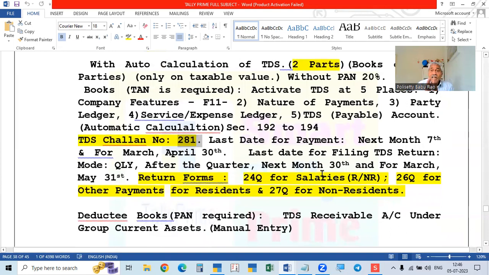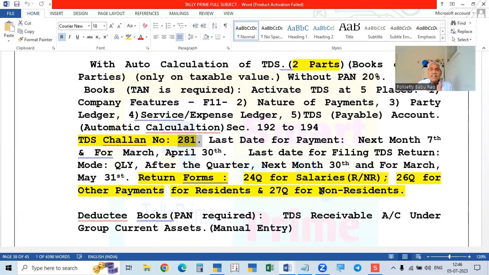After that, once in every quarter, at the end of every quarter, we have to file the details regarding the payments we made. According to the nature of transactions, for one section what is the amount, for another section what is the amount, total. But the details we are not giving there. From whom we deducted, the details of the deductees are to be filed in the return once every quarter.